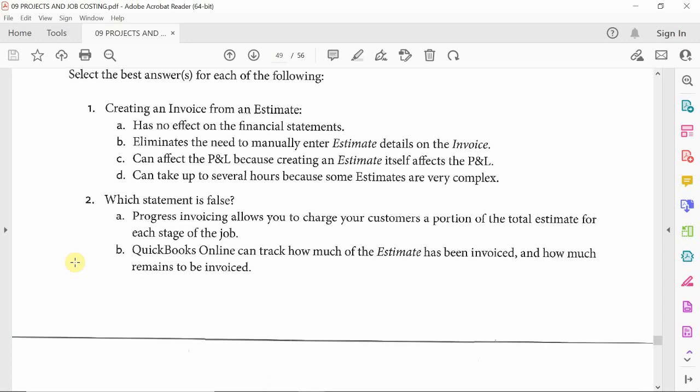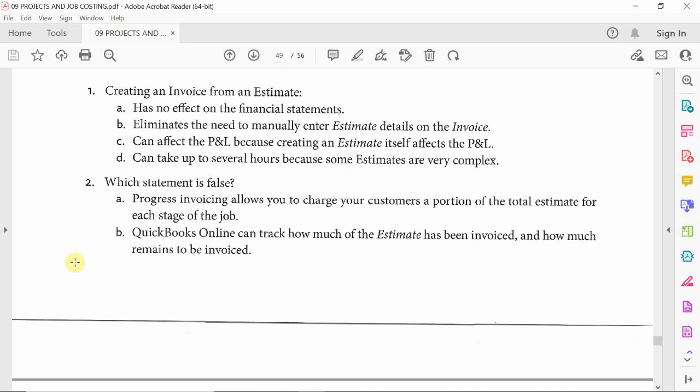That is 100% true. Another says QuickBooks Online can track how much of the estimate has been invoiced, and of course how much remains to be invoiced. Yes, right, just like what we did for